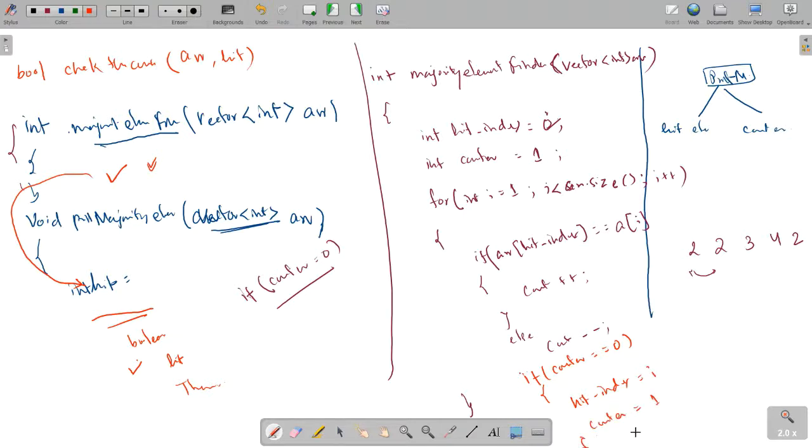And this comes to an end of the for loop, and at the end of the function we have to return an integer. So in case of returning an integer, we are going to return array hit index. The final hit index position will be our answer.